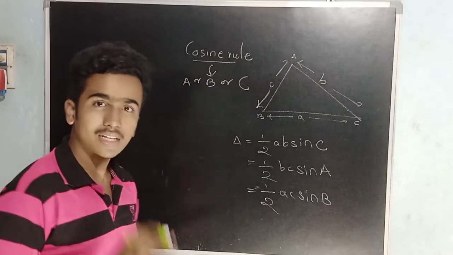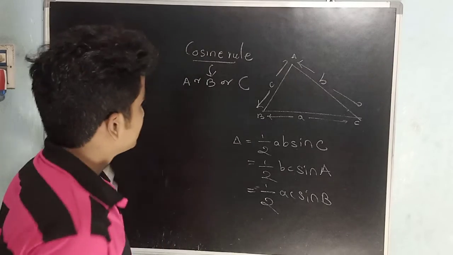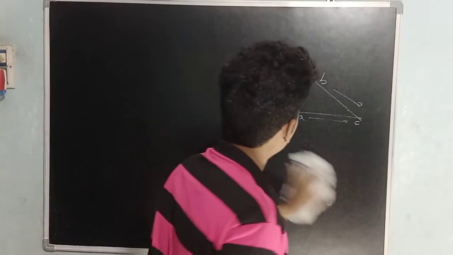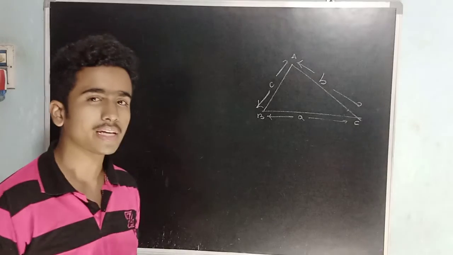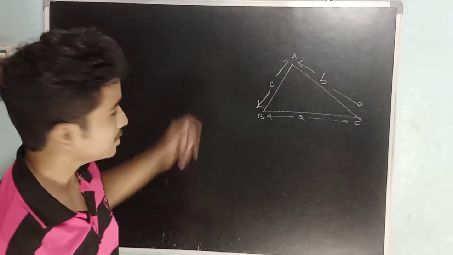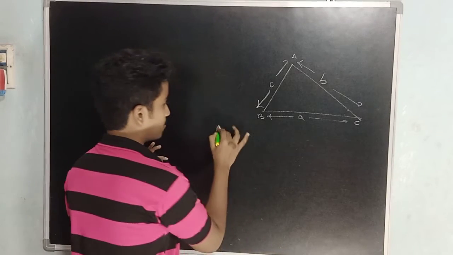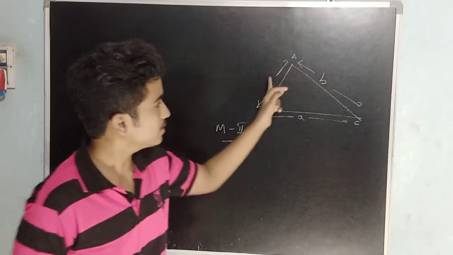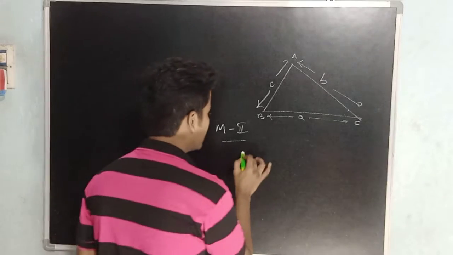And the other way is what we have already discussed in the previous video. The cosine rule method is the first method for finding the area of a triangle, that is using these formulas and using the cosine rule to find any other angle. And the second method is method 2, given three sides. This second method we have already discussed in the previous video.